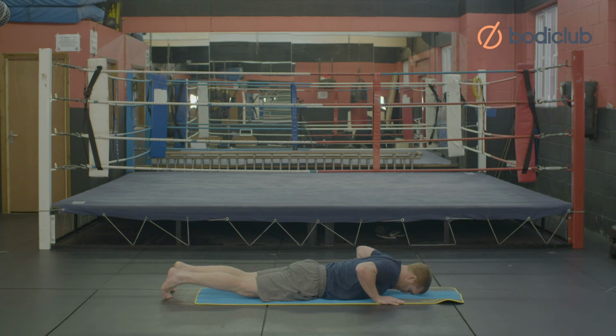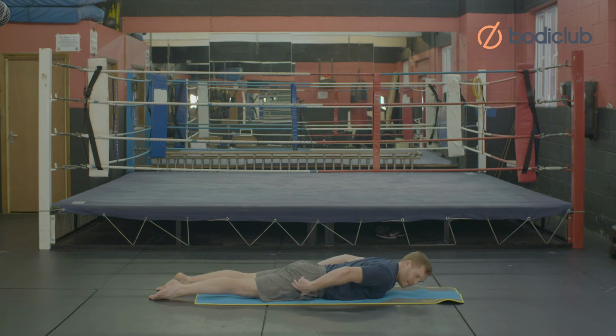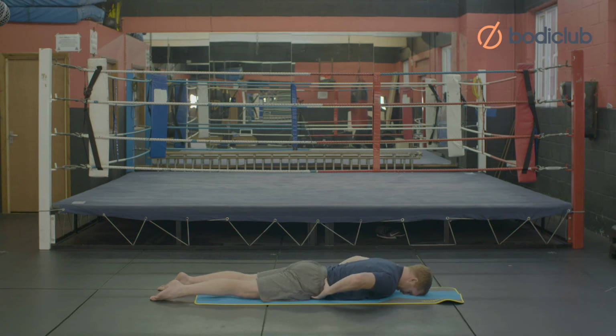Toes are going to point, legs straight. So in this position, I actually want my knees lifted off the floor. Okay? So I'm active through my quads, and then I'm active through the hamstrings. And then from here, I want to very slightly tip my pelvis back. Okay, you don't need to do it excessively, but this will help to lengthen out the vertebrae of the lower